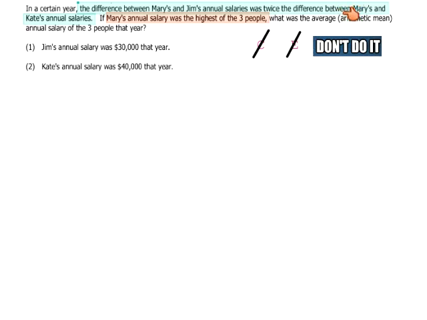But then they tell you Mary's is the highest. So that gives new meaning to this blue statement. So one takeaway that you should get from this problem is that you should not be afraid to read the problem more than one time. Especially when there's new things in play. So, meaning especially if the statements have new interpretations, new or more specific